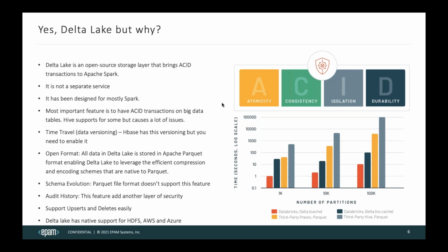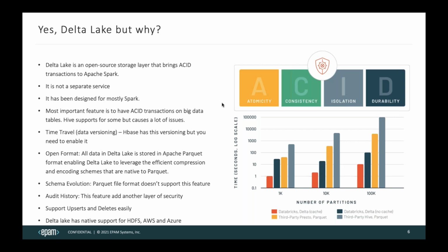And if you are working in some kind of enterprise, you need to audit history. And yes, we can do it with Delta Lake by default. We don't need to add some kind of extra features to the database like we do in Hive. No, it's there by nature. And this is very critical for me. For example, it supports upserts and deletes. I mean you don't need to do anything. You just create a merge command and that's all.